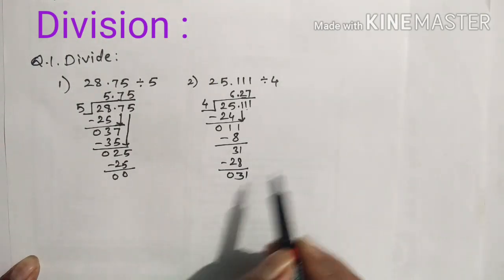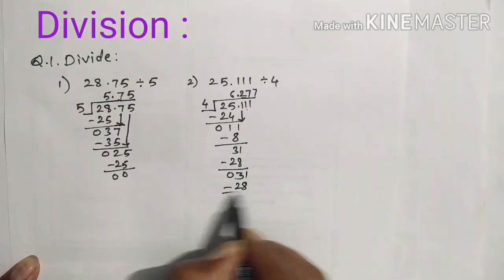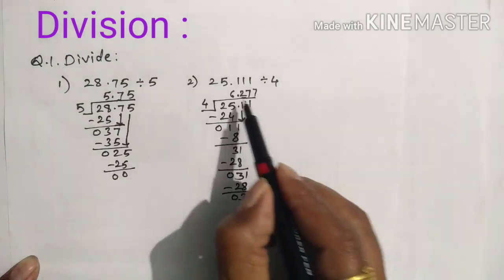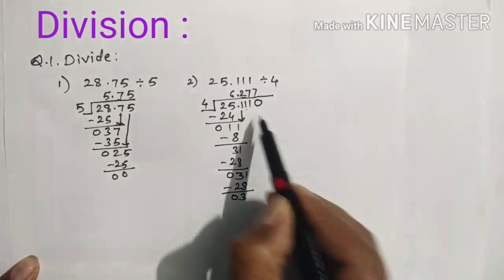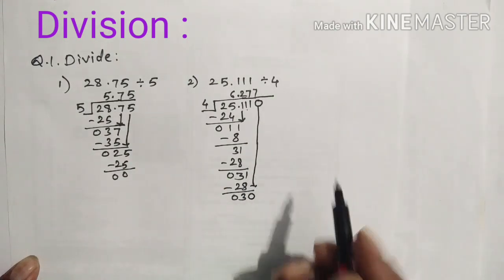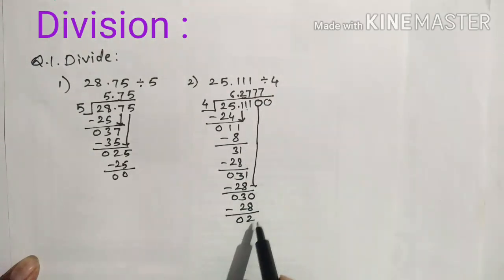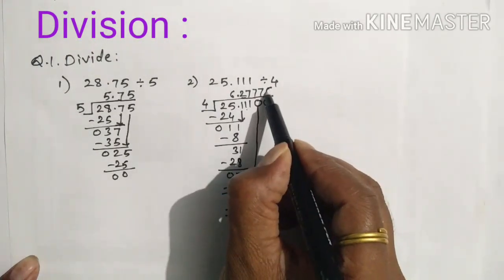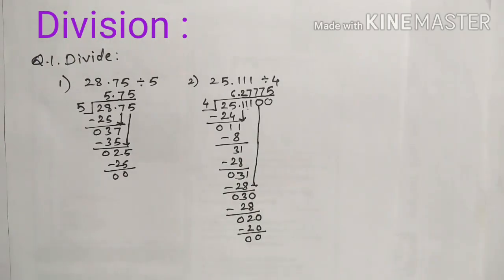And now the last one we will take, 4 8s are 32 would be again bigger, so 4 7s are 28, remaining 3. Here we have a decimal point, here also we have a decimal point, so we can take innumerable zeros according to our property, and we will take that downside here. It will become 30 now. So 4 7s are 28, remaining 2. Again we can take a 0, and here 4 5s are 20. Okay, so now our division is completed because we have got 0 as the remainder.